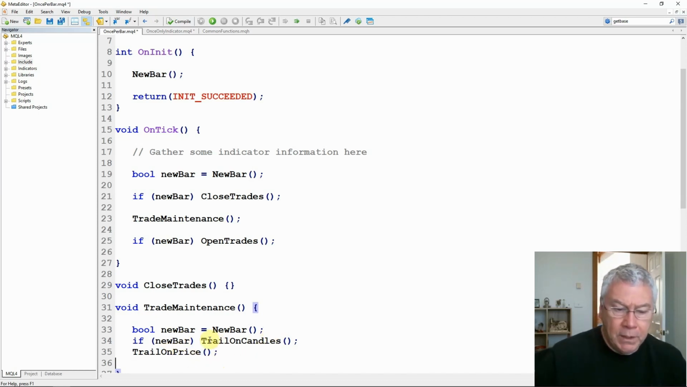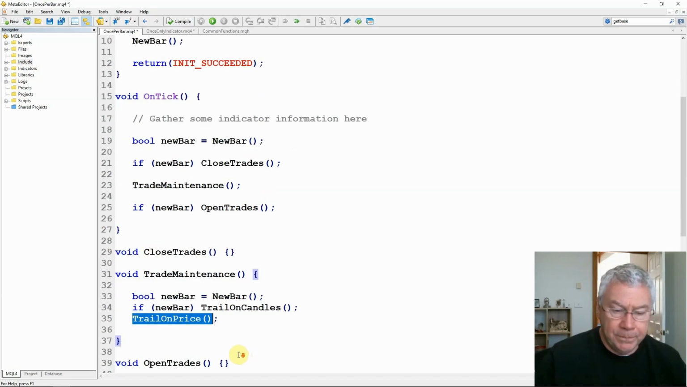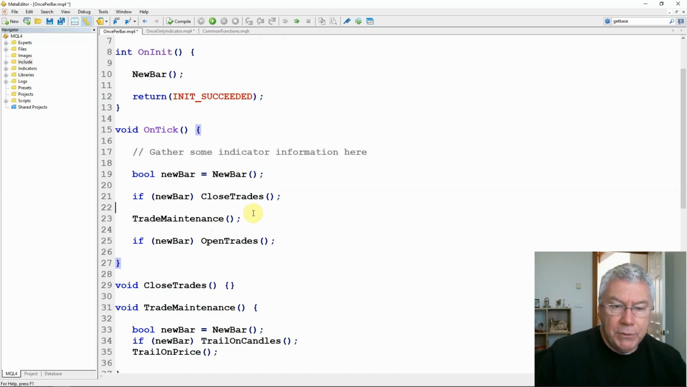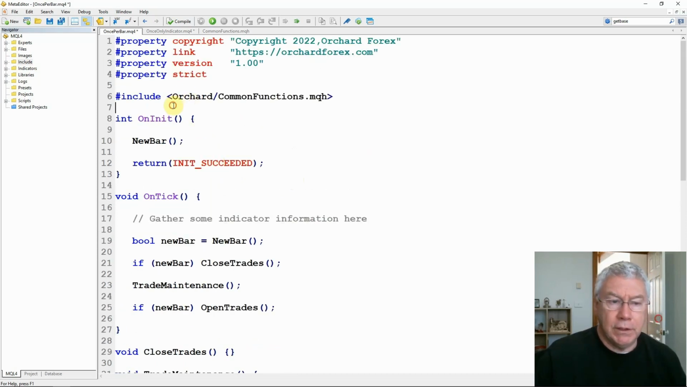So only on a new bar I want to trail based on the 3 most recent candles. I'll call that function. And if this is not a new bar, I want to trail on price in case I've had a big price movement. Now, if I call this new bar function here, obviously I've already called it here and it's going to return false. There are 2 techniques I can use for this. The first obvious one is to make the new bar variable a global value. So if I just declare here